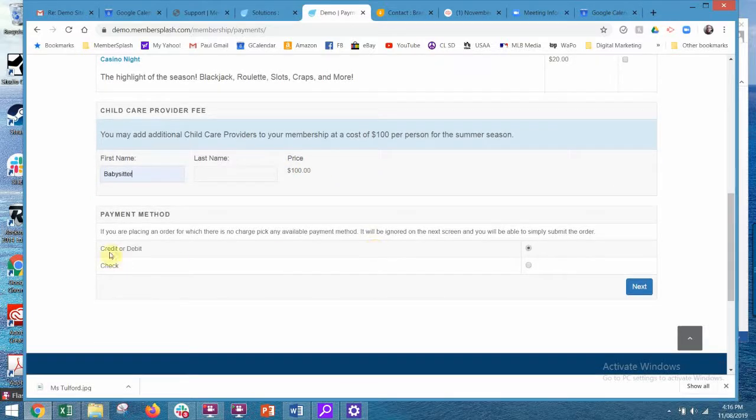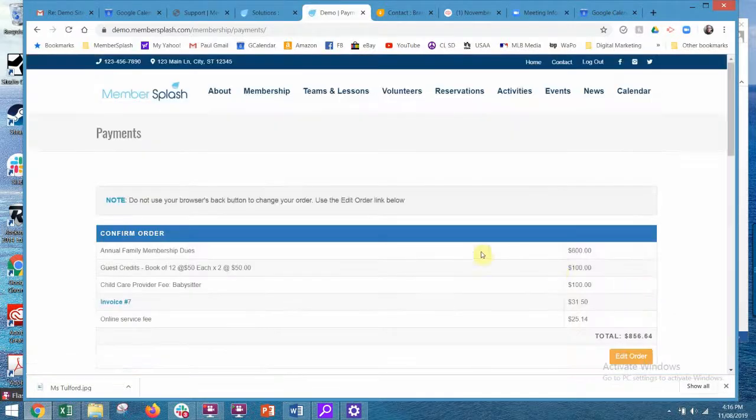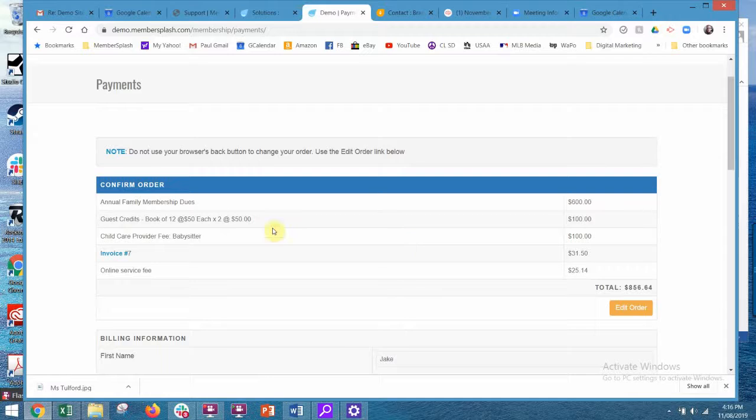Now we're down here. How do you want to pay? Credit or debit or check? So basically electronic payment, or you're going to write a physical check and send it in. Let me just show you the credit or debit field. Basically, it'll take you to a confirmation page, and this just shows your annual dues. You've got your guest credits, child care provider fee of $100, and $31.50, which is the